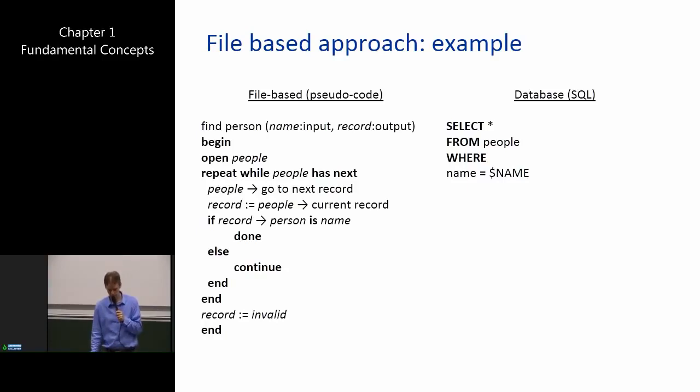Here you can see an example of a query. Select from the people database where the name is the particular input name you're looking for. This is a very transparent, efficient way of working with databases. It basically only declares what you need. You no longer have to manually program your query, which was the case in the file-based approach, but you just declare what you want. SQL, as such, is declarative. You declare what you want, and the system will work it out for you,